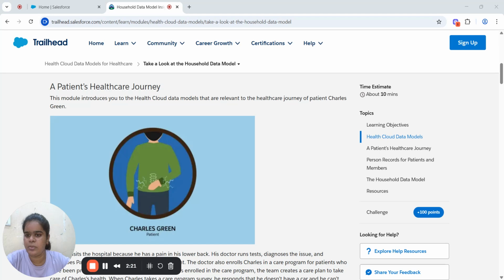The first one is person account. Most patients in Health Cloud are set up as a person account, not a regular business account. A person account is actually a mix of both account and contact, right? It stores all of the information for an individual patient. Example: Charles Green is a patient.